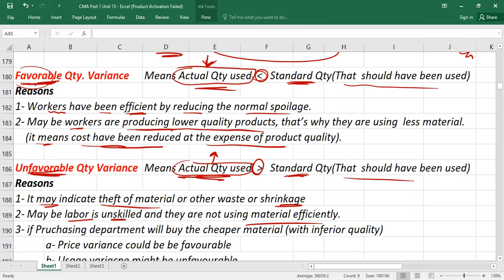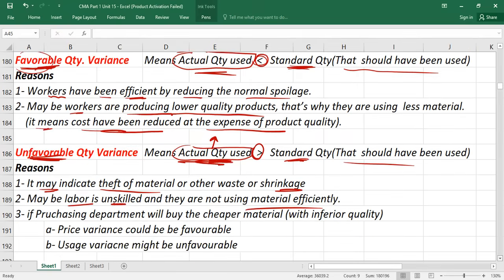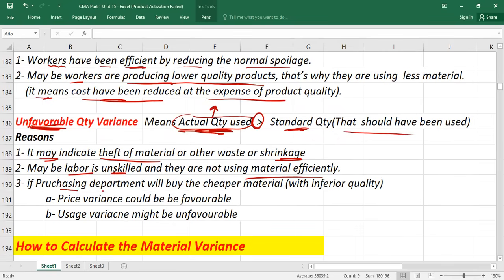Then why is actual quantity used more? Maybe you can also blame the purchasing department. They are buying cheap material. Cheap material means material with inferior quality. If they buy material with inferior quality, automatically it will increase the wastage